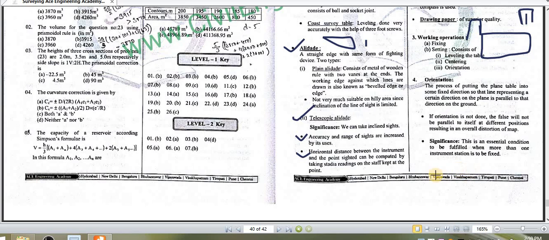So you don't need to measure every time with the help of a chain. You can directly use a leveling staff. You will have to keep the leveling staff on the point whose horizontal distance needs to be found out. You will measure the top hair reading, you will measure the bottom hair reading, and we will subtract both the readings, and by using your tachometric formulas you can calculate the horizontal distance. Okay,